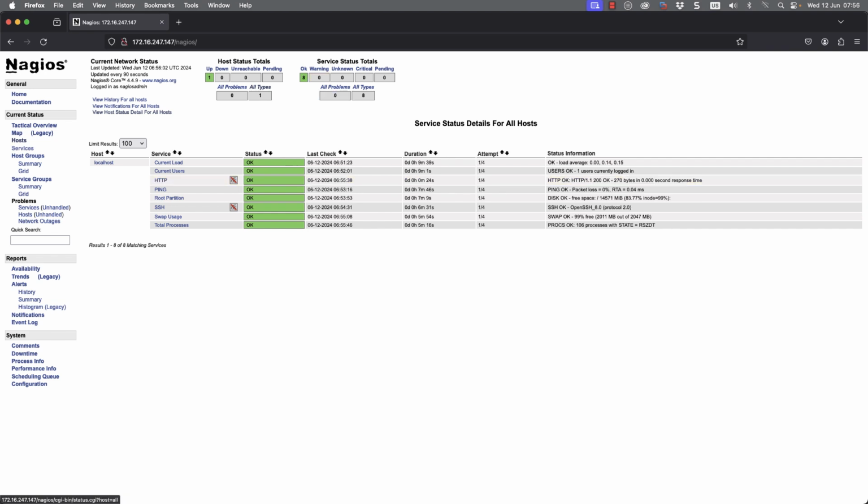And as we do, we can see there that it's now gone green and everything is okay. So these are the default 8 services that we monitor: our load, users, the website, checking availability with ping, our root partition space, checking availability over SSH, our swap usage, and our total number of processes.